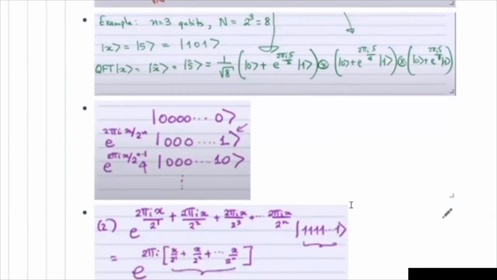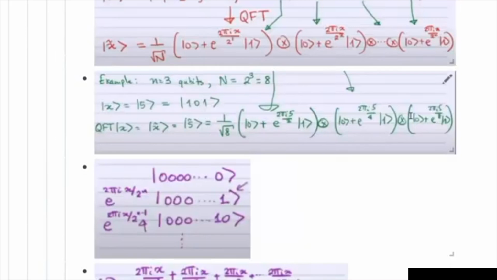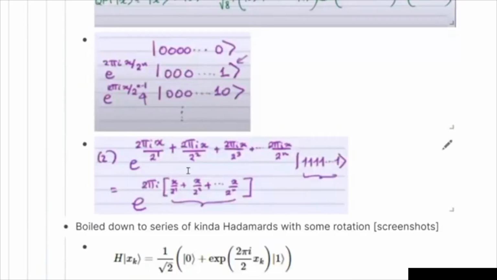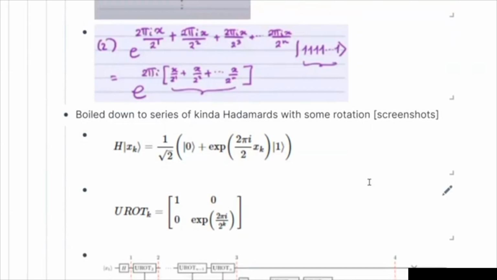Also, one more takeaway here is when we have all the bits as one, right? As I said, we don't touch zeros and we rotate the ones. So in that state, when all the qubits are one, that has the most rotation, as seen here. All the terms over here get multiplied and the exponents get added up, and the exponent looks somewhat like this, right? So using these two takeaways, a rotational gate can be introduced, and using Hadamard and rotational gates, we can implement the circuit.